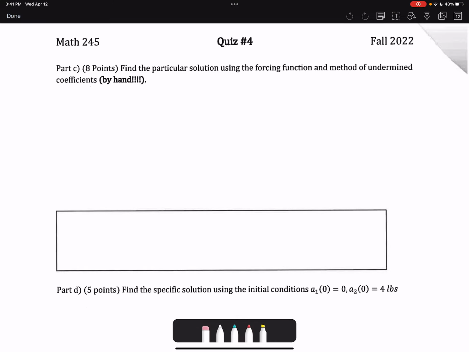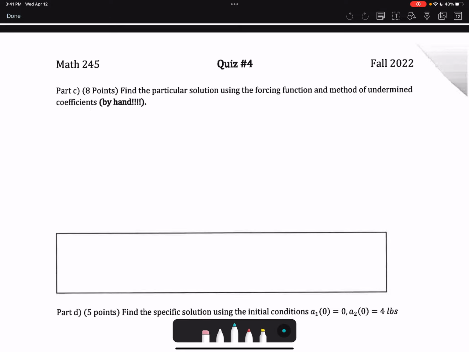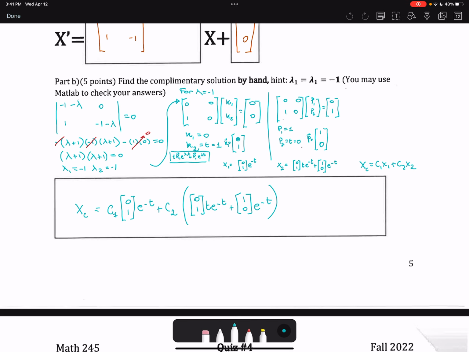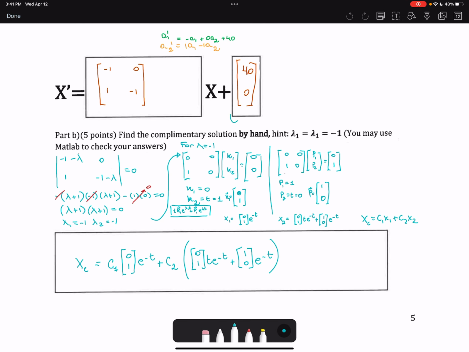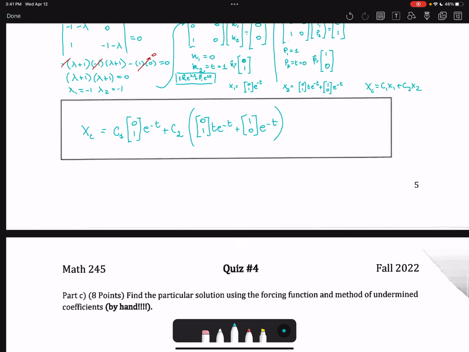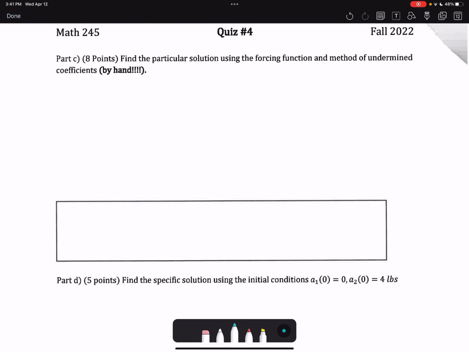So now we're focused on finding the particular solution using the forcing function and method of undetermined coefficients. So here's our forcing function, f of t. If you remember the form, that matches with our f of t, which is 40, 0. So given that f of t is the vector 40 and 0, we can say that a good guess for x of p is